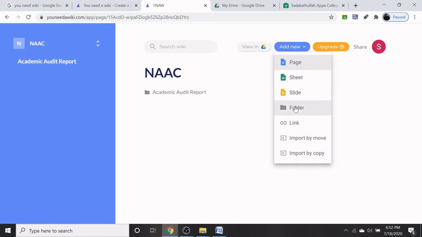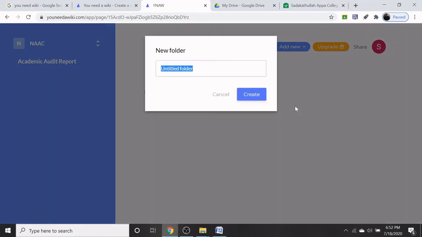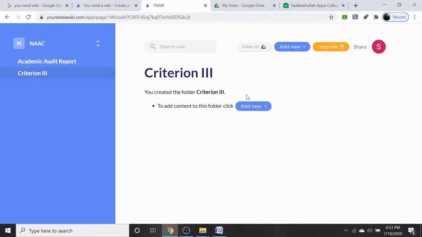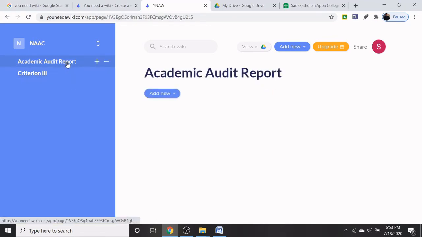I am going to create the second folder named criterion 3. So this is the second folder I have created. Now click on the first folder. Now I am going to add a document in this page. Add new,